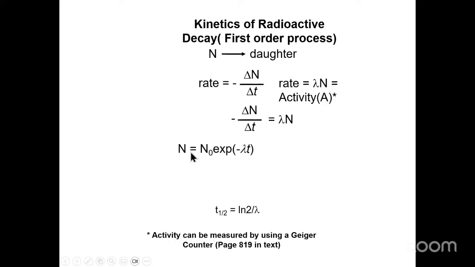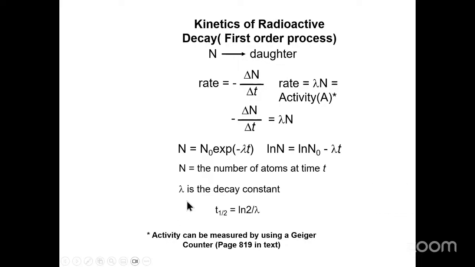Lambda is the decay constant, right? So basically, we have two equations here. Rate is equal to this, and rate is equal to activity, which is equal to lambda N. So we can set this equal to lambda N, and this is the equation we're going to end up with. And when we do integration and so on, some calculus is involved, you're going to end up with